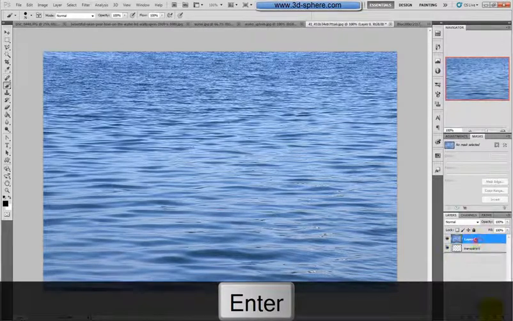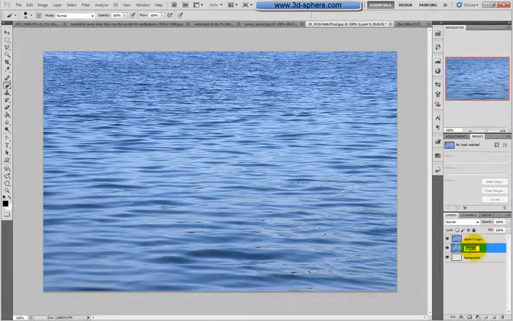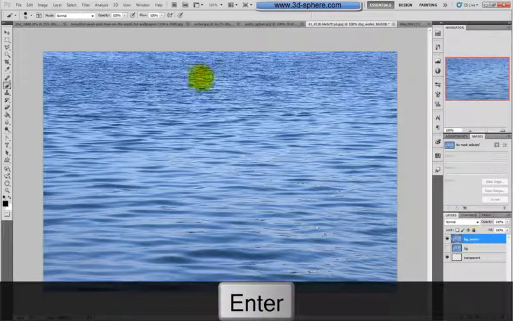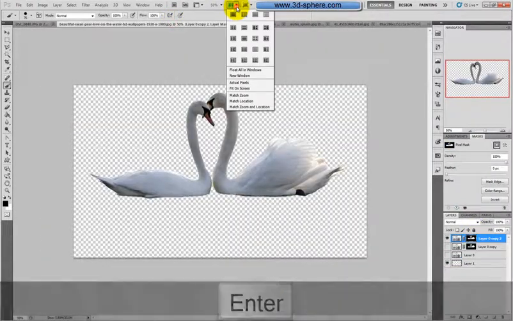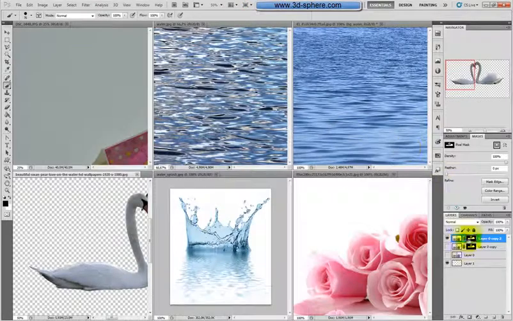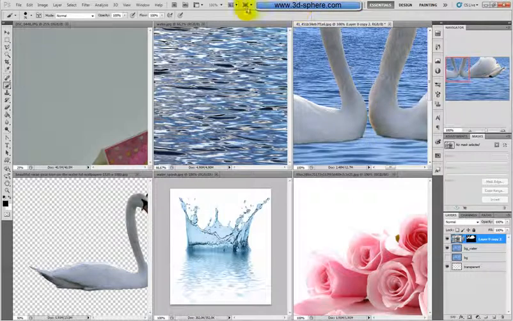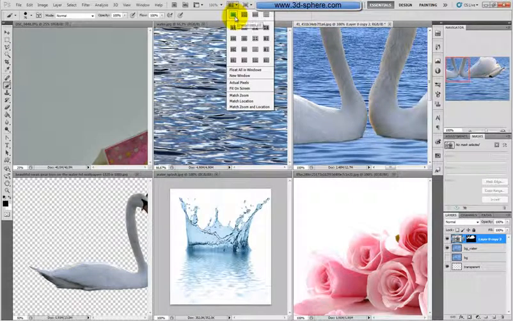Now I will copy this just to keep one more background water, and now I will go to this, drag it here. It's quite bigger. Okay, I think